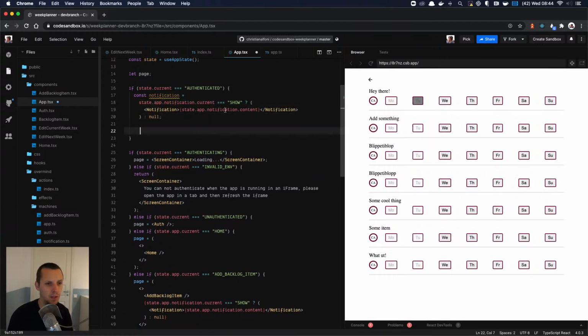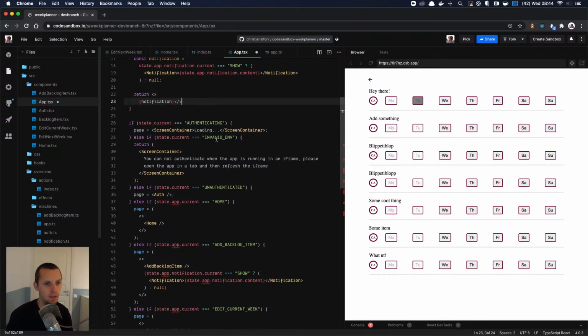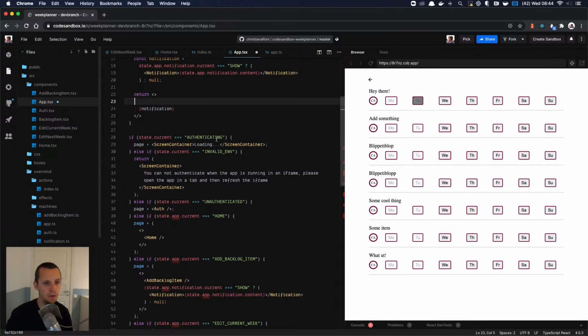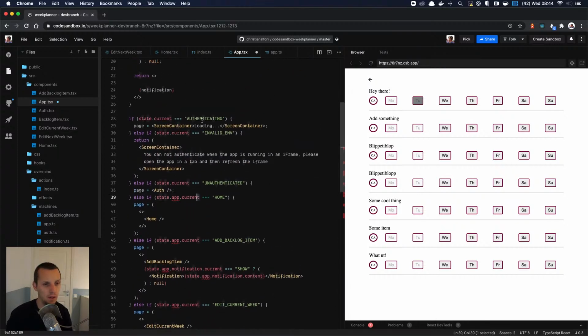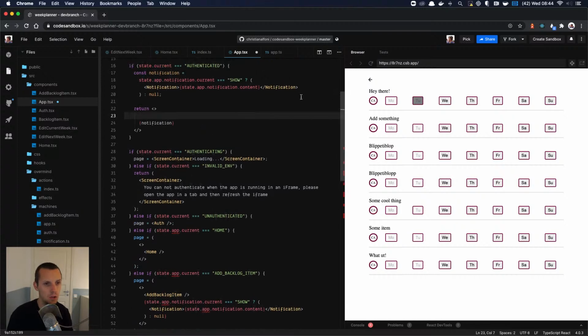So we'll grab notification and then we'll return this thing where one part of it is the notification. And then the other part of it is the actual page we want to render, and that is based on basically this state. So, let's see if TypeScript understands this. I'm just putting it here for now.